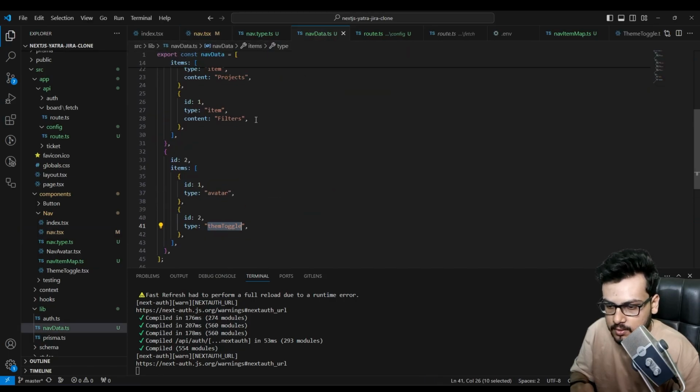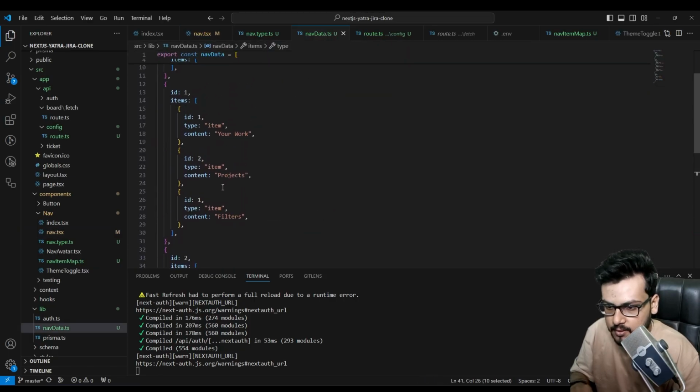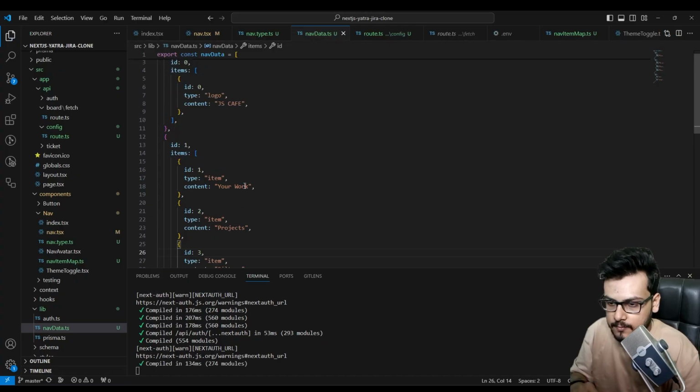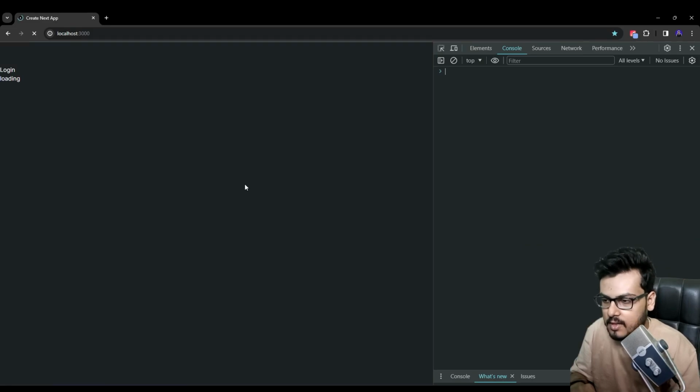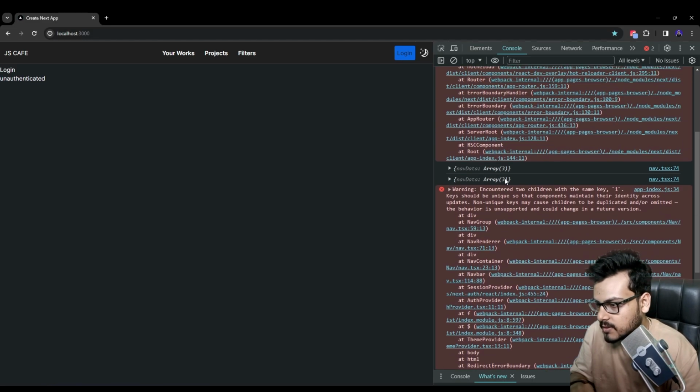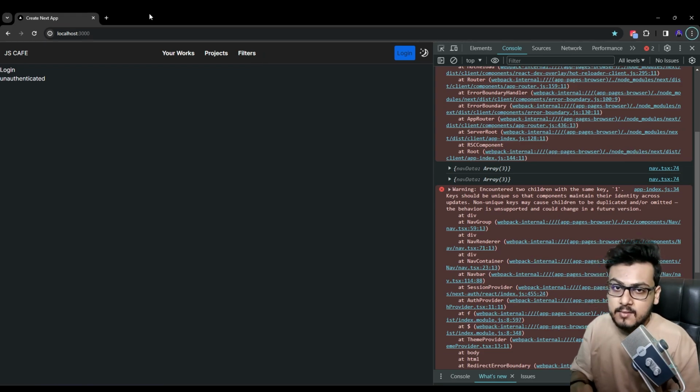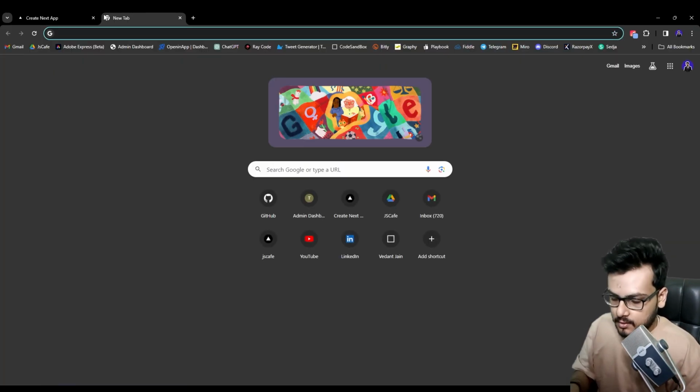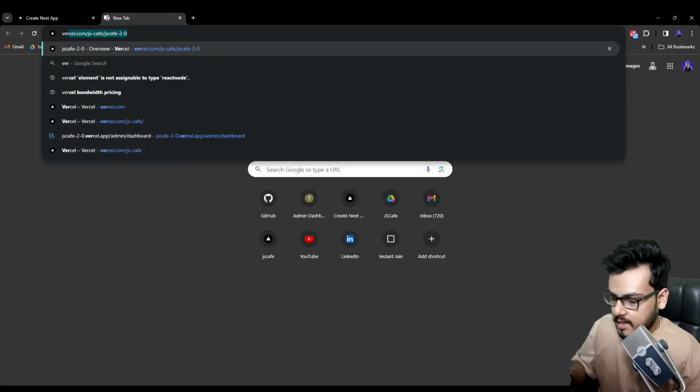And then we have encountered two children with the same key 1 and something. Why is this happening? Yeah, so we have 1 again over here, so let's locally change it to 3. Since the error would still be here, why? Because the data is coming from our config. So I'll head over to my Vercel app,